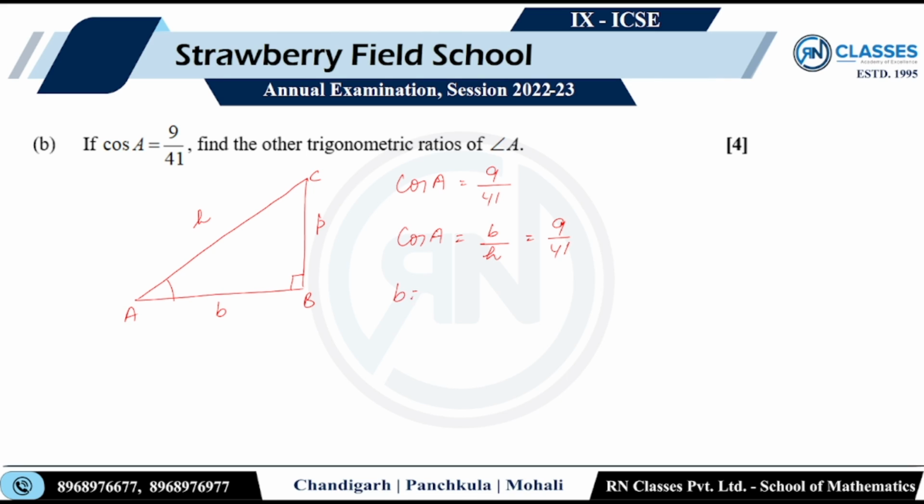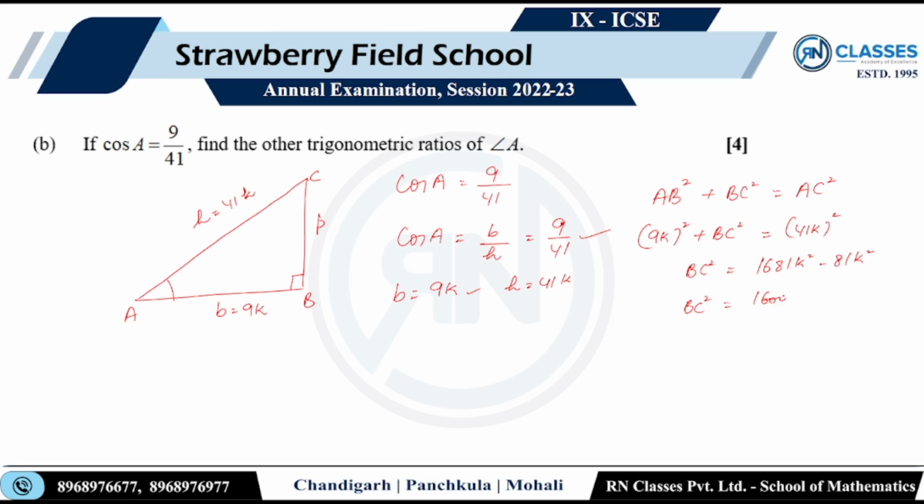So I can take base as 9k and hypotenuse as 41k। रेशियो दी हुई है ध्यान से। मेरे को बाकी सारी रेशियोज निकालनी है, मीन्स आई नीड ऑल द थ्री। AB square BC square is equal to AC square, Pythagoras theorem। AB 9k का स्क्वायर, BC I need to know, AC 41k का स्क्वायर। सो BC स्क्वायर इज इक्वल टू, 41 का स्क्वायर 1681 k स्क्वायर माइनस 81 k स्क्वायर। BC का स्क्वायर 1600 k स्क्वायर। सो BC वुड बी इक्वल टू 40k।